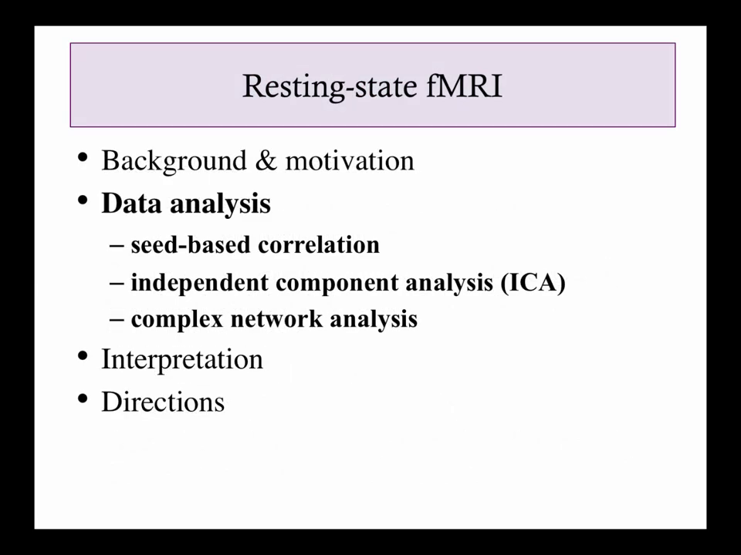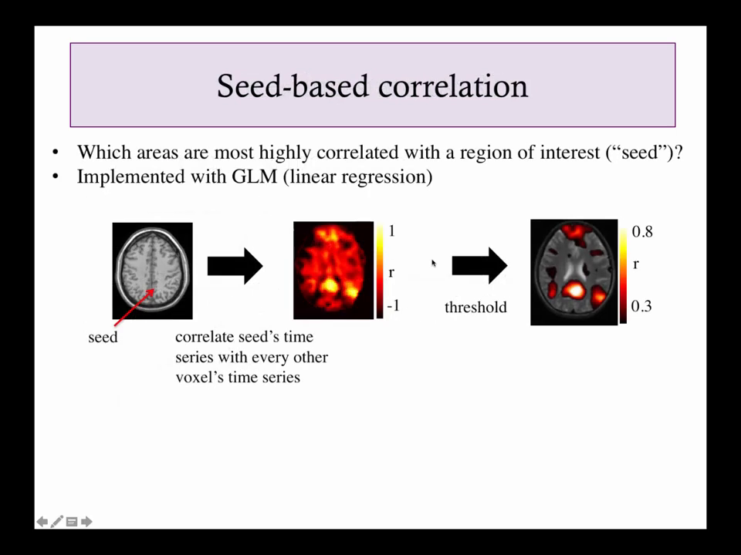Now I wanted to just cover a few of the methods that are often used to analyze resting state data. These are just three main approaches. There are many others out there, but these are some of the methods that you tend to come across most often. So we'll start with seed-based correlation, and this is very straightforward, and it was the earliest approach